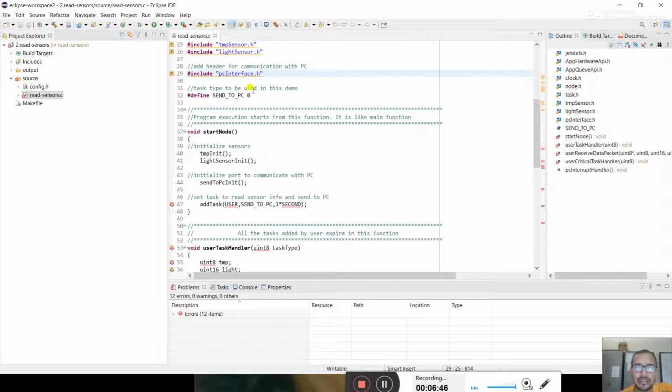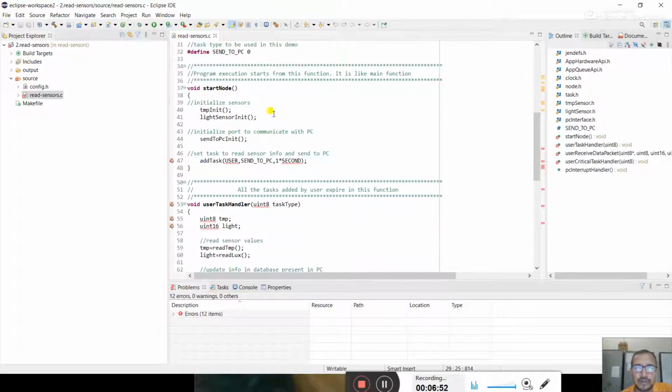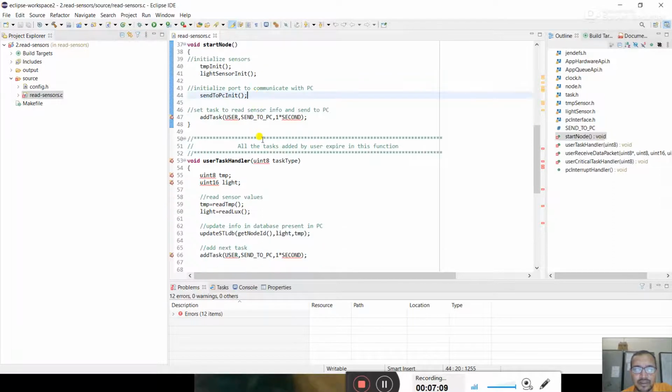There are some communication baud rates, 0, 1, 2 and so on. I am putting 0 for 9600 baud rate. Next is temperature init, which initializes the sensor. Both sensors are getting initialized. Now we initialize the port to communicate with the PC, so the serial port will be initiated.